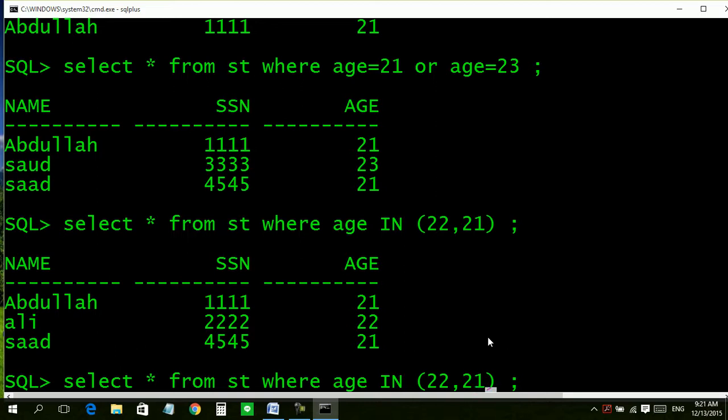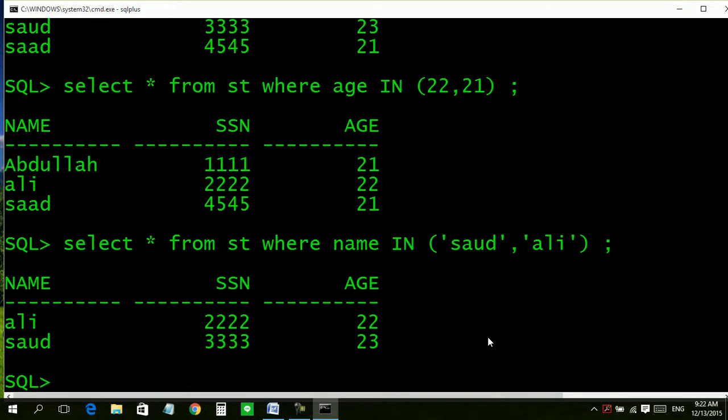For example, the same thing I can write like where name IN Saud or Ali. We get the record of students whose name was either Ali or Saud.